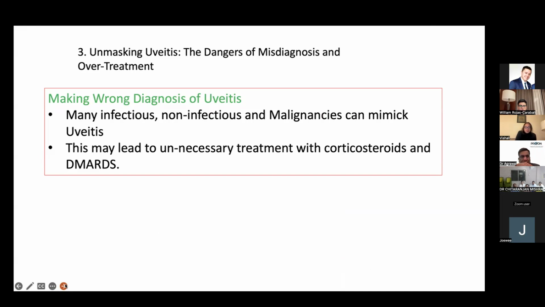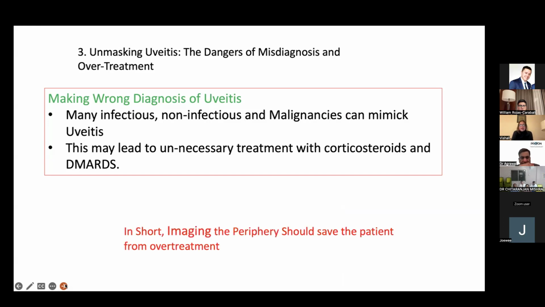We don't make it intentionally, but many infections, non-infections, and malignancies can mimic uveitis, and they all have more or less similar clinical picture. So this may lead to unnecessary treatment with steroids and DMARDs. In short, sometimes if you're careful, imaging the periphery may give you some clue